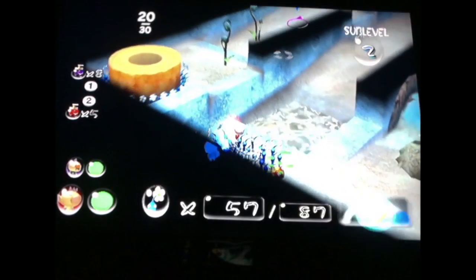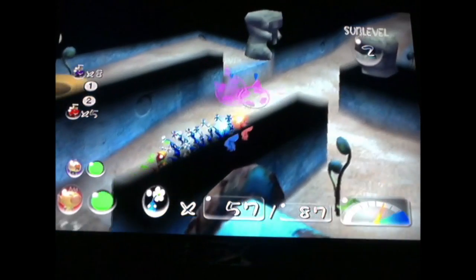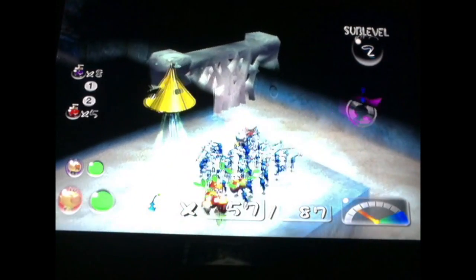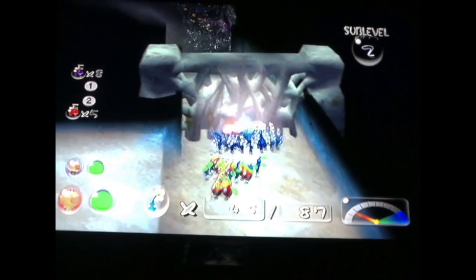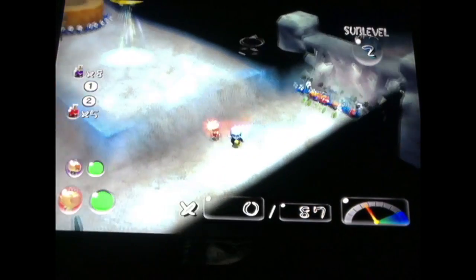But anyway, I might as well explain right now. Bulbmin are one of the most advanced types of Pikmin that you can find in the ground. Bulbmin are immune to every single element in the game. They're immune to fire, water, electricity, and poison. Which kind of makes them a good addition to your team, but the only bad thing is they don't go above ground with you, which means you can't collect them in your ship's hull. Anyway, down to the treasure here, we got...